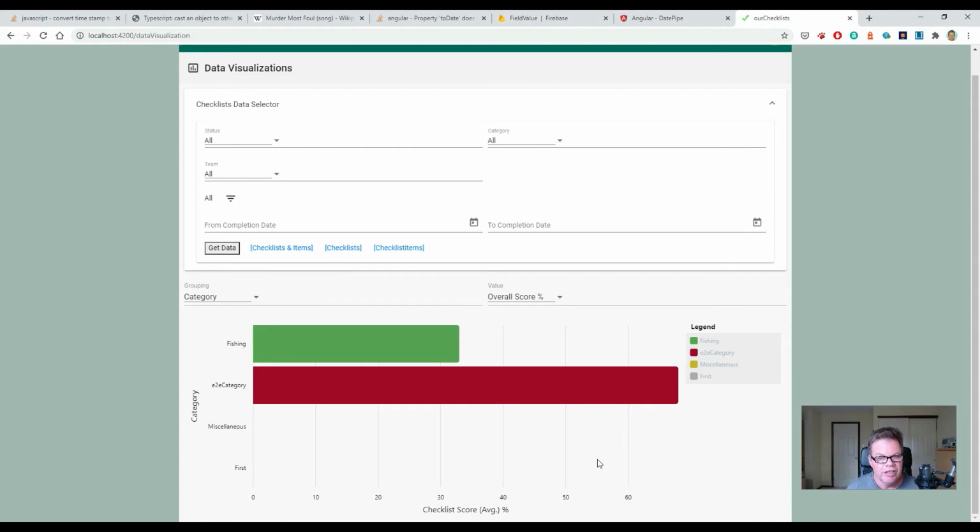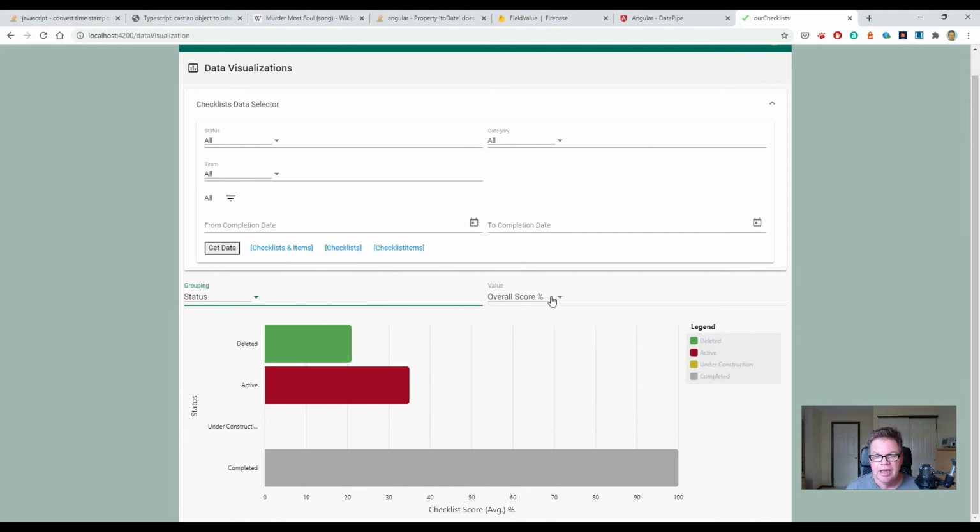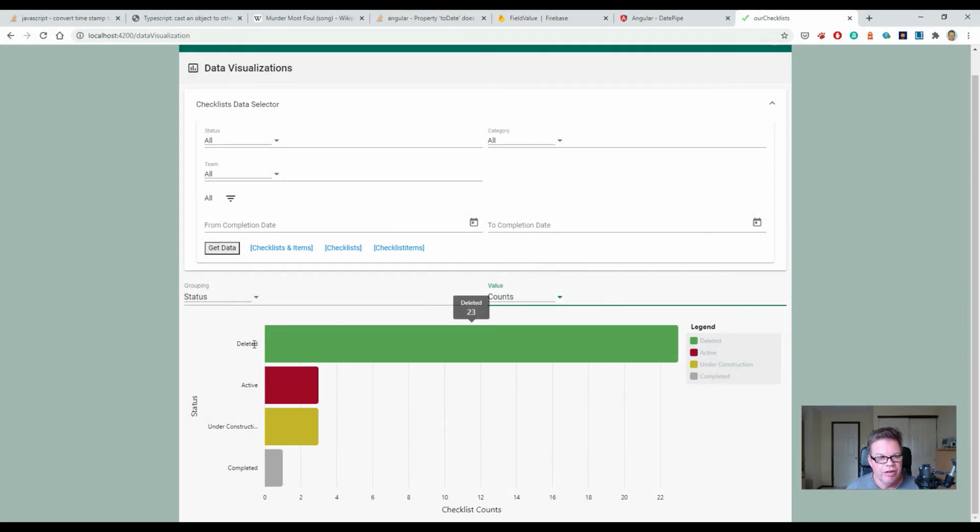If it has ratings on it, say you only give medium for everything, then it would end up with a score of 50%. Also, you can categorize by things like team or by status, and as well as overall score, you can have a look at the completeness, and the one other value you can get on is count. So that's a useful way of just getting a quick look at all the checklists that you select